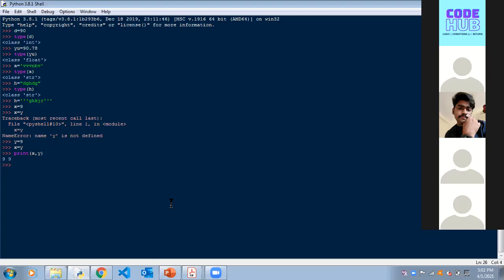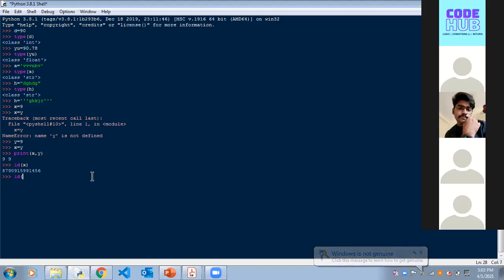When I was telling you about your home address, right, you can even view the address. See, I'll tell you how. ID of x. See, this is the memory address. You see this big number? This big number is stored in your computer. When you come to the second year, you'll have a subject called operating systems, where you'll learn about the addresses. See, it's being stored in this number.